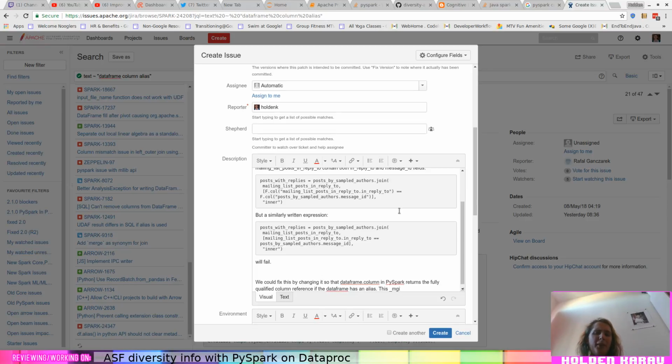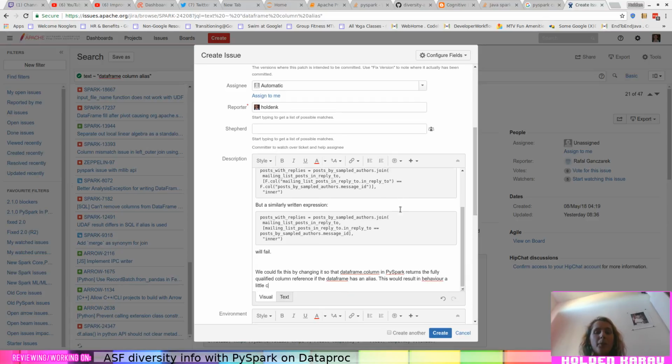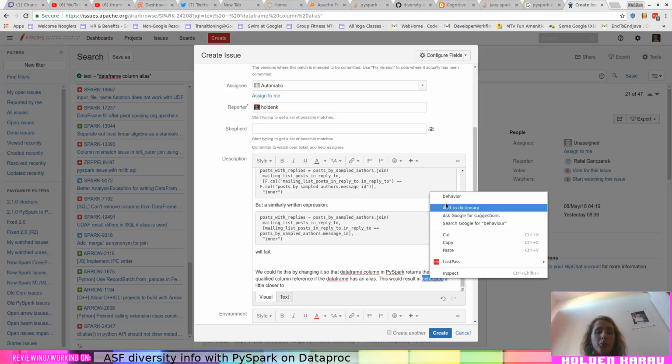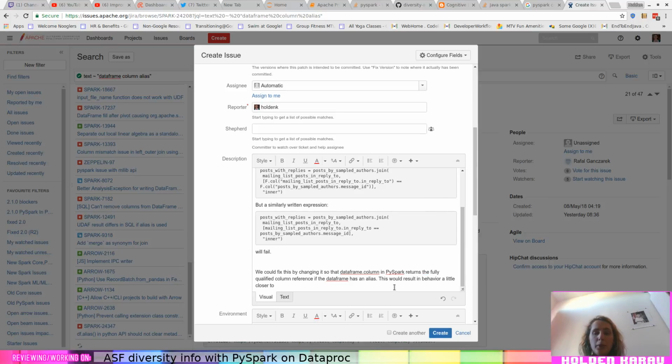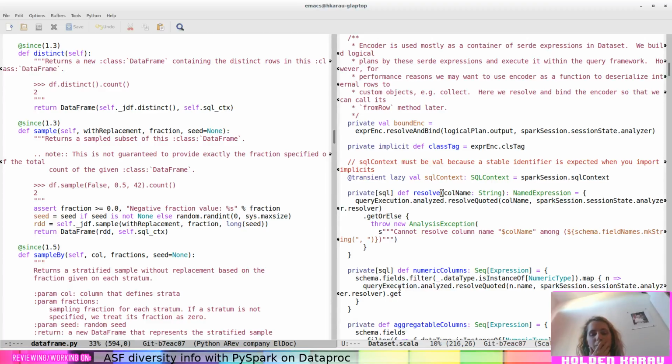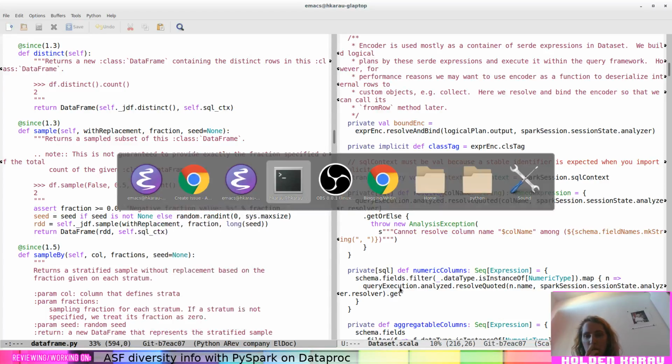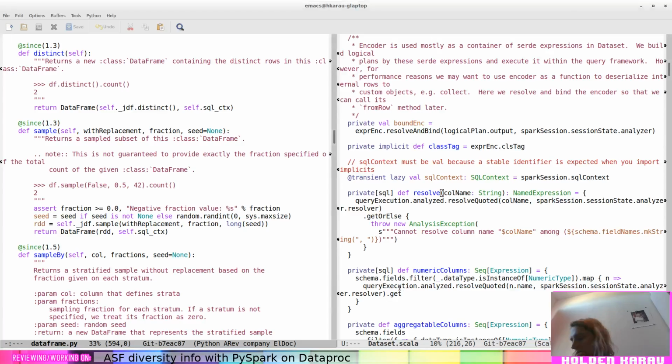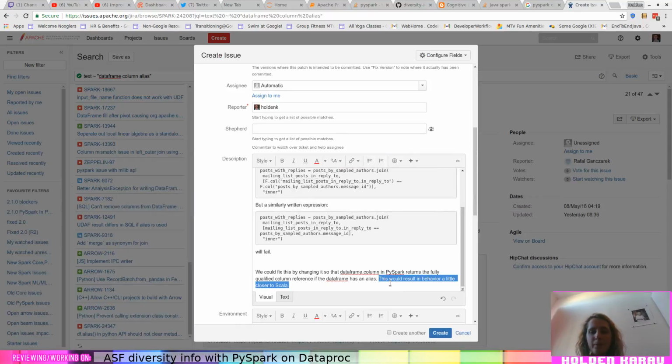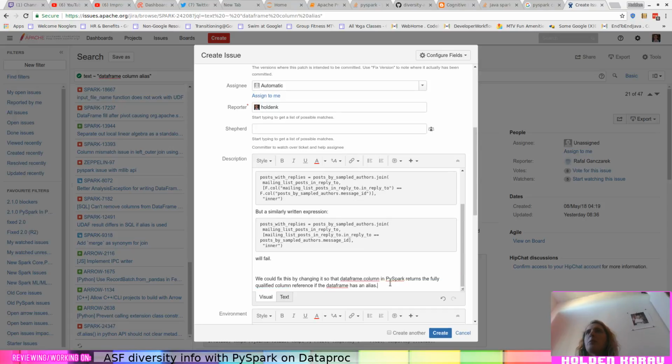This would result in behavior a little closer to Scala, I think. Would this result in behavior that's closer to Scala or not? Let's not say that. My memory about the Scala behavior is a little off.